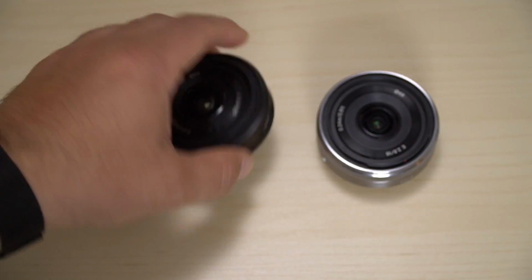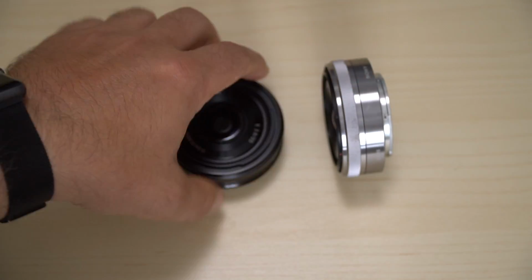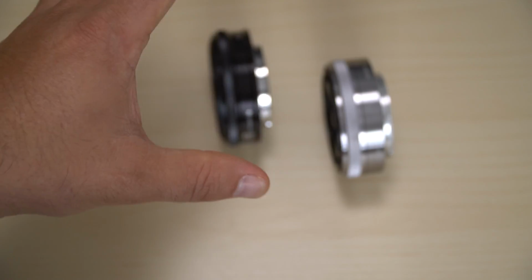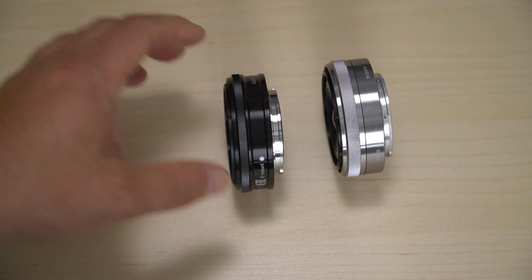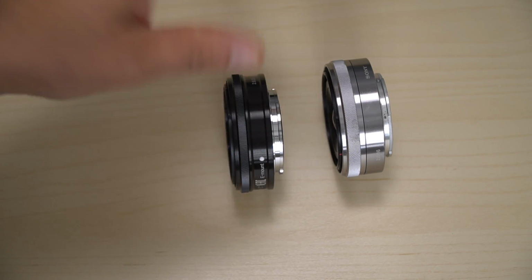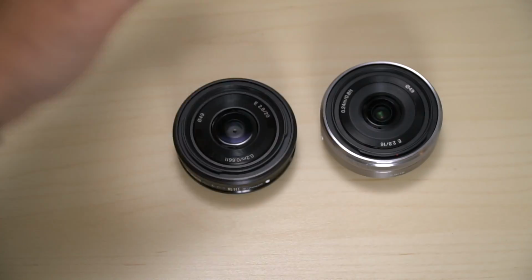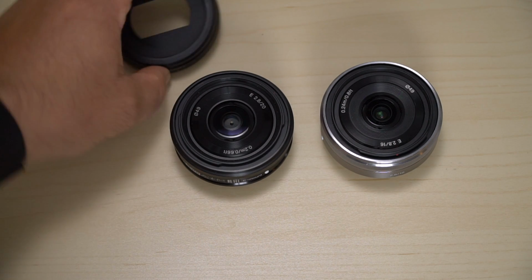As far as the weight is concerned, they feel roughly about the same. This one might be a few grams heavier, but overall the size does a pretty good job of maintaining that E-mount smallness and compactness with both of these lenses. I think the 16mm is roughly a 1/8 of an inch thicker than this one. It's not much, but it is worth noting if you're looking to keep the smallest form factor possible. The 20mm also comes with